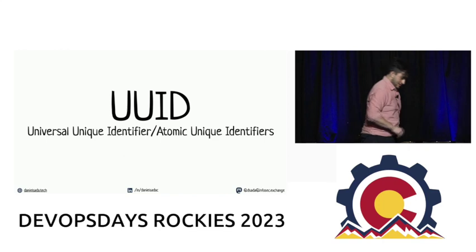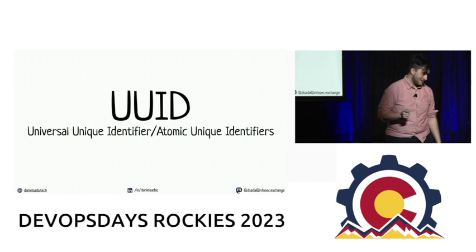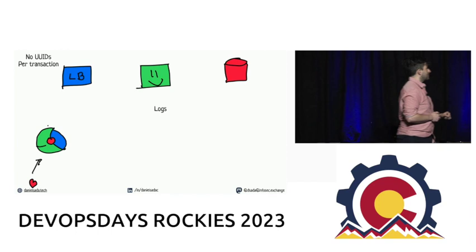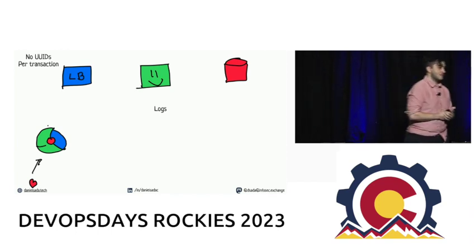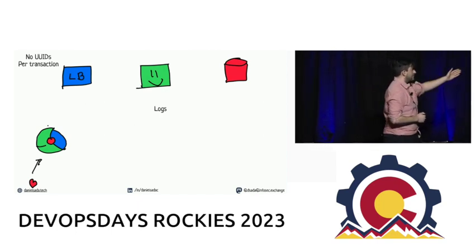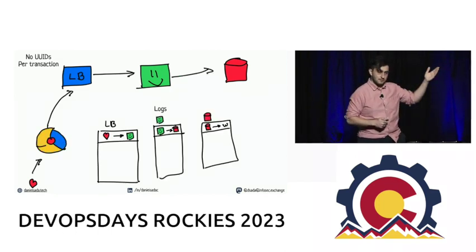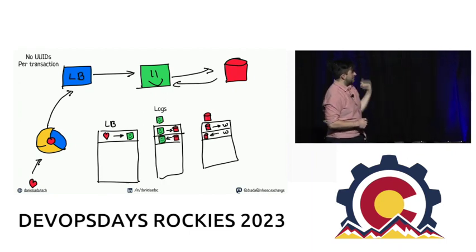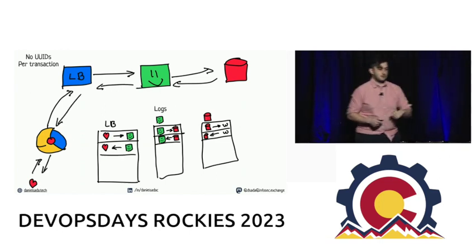Let's talk next about UUIDs, universal unique identifiers. And I also challenge you to think about this problem. Let's say we have a like server. Let's say we're in some social media platform and we want to implement a like server. A like comes in to our browser. Our load balancer routes that to a VM. The VM routes that to a database. The database writes everything, comes back to the VM. The VM brings it back to the load balancer, the browser, to us.